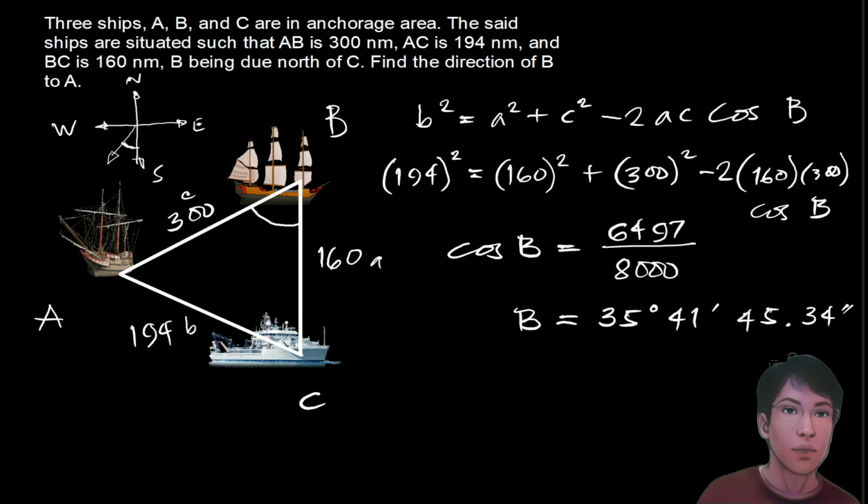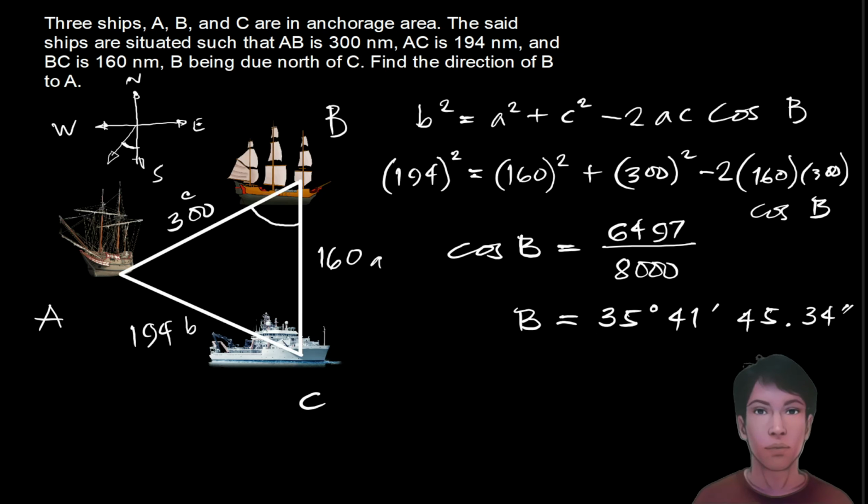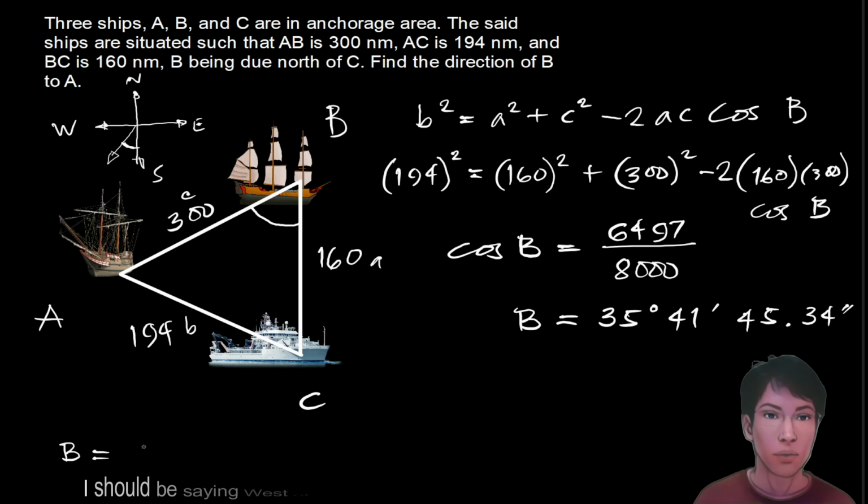This one, this is the angle. So therefore, the direction of B to A should be written like this, east of south. Okay, so east of south,